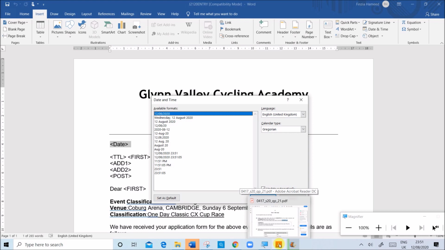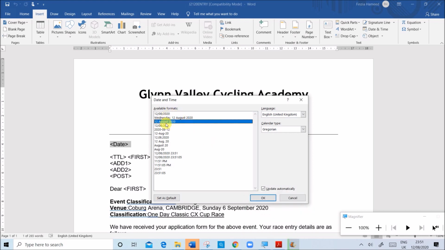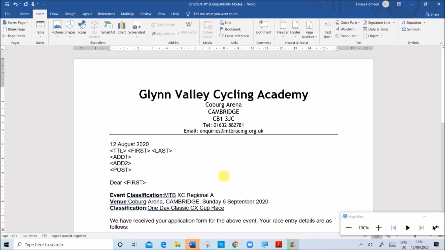The format which is given is the third one, DD, the complete month name and the year. Please make sure update automatically is ticked here. Give OK. When you insert any field, the indentation, spacing or the punctuation might change. So please make sure it is maintained.